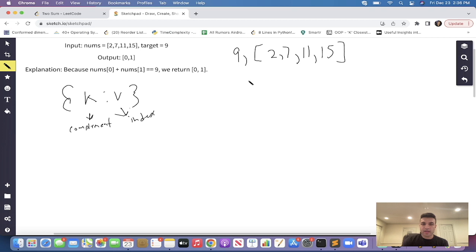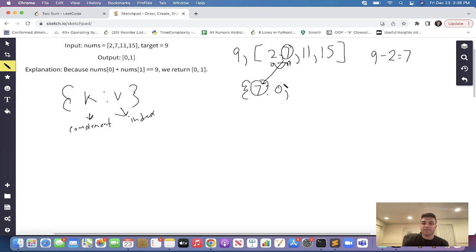If we create a hash map, what we can do is parse through the first element, so 2, and we are going to do the target minus the first element, which is 2, and we're going to get 7. So we can store 7 in our hash map, and the index is 0, so we will store the index here as 0. And then when we go to our next element at index 1, what we're going to do is just do a quick check: is this element 7 in our hash map,